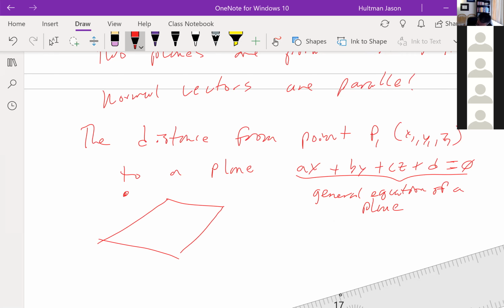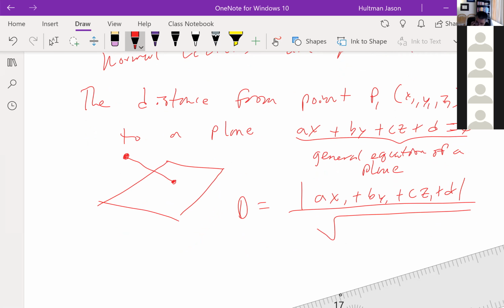There's a point out in space here, and we have this plane, and the shortest distance d is equal to the magnitude of a x1 plus b y1 plus c z1 plus d, the magnitude of that, over